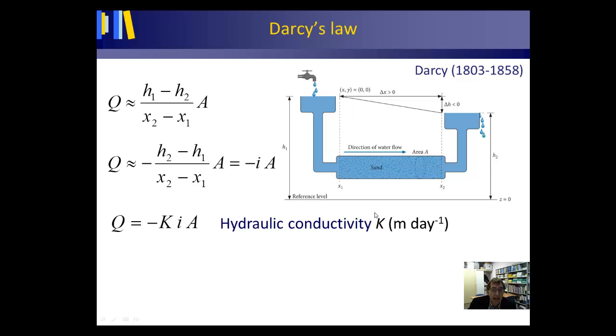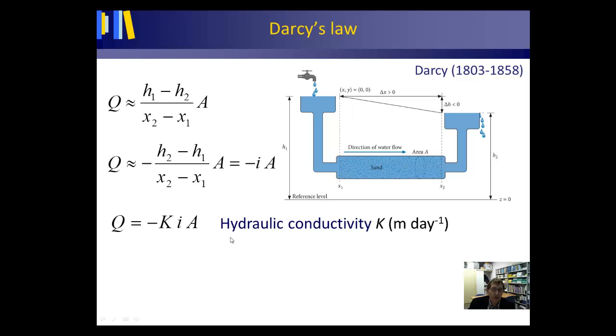In actual fact, K also has to do with properties of the water. Is the water warmer or is it colder? It will mean that the density of the water changes a little, the viscosity of the water changes also, and this also influences water flow. All these variables are captured in this